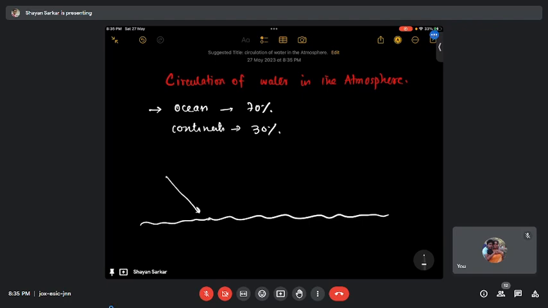and sunlight is evaporating the water particles, right? So sun is evaporating most of its water particles from the ocean. Okay. So first of all, sunlight is striking, and then all water molecules are being evaporated,